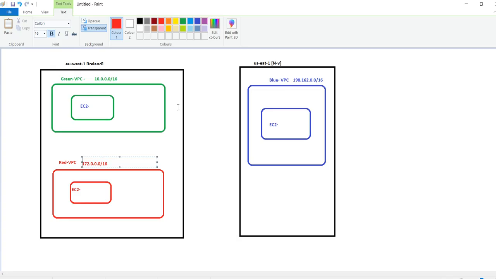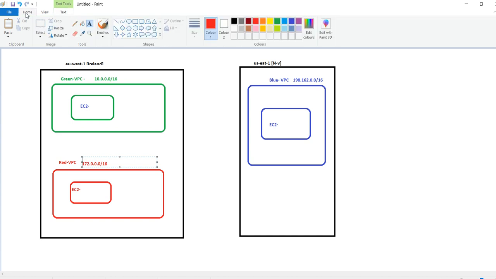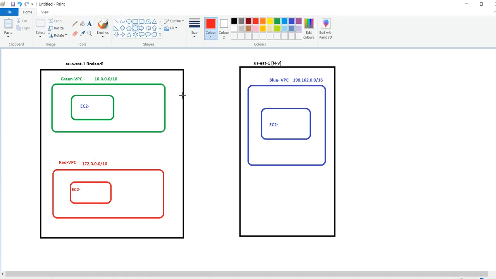For each and every VPC, there will be one internet gateway to reach the internet.